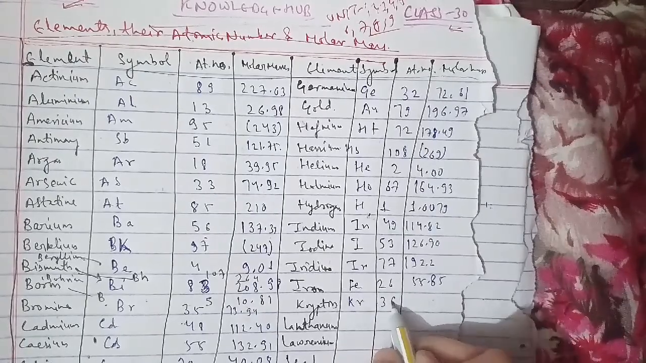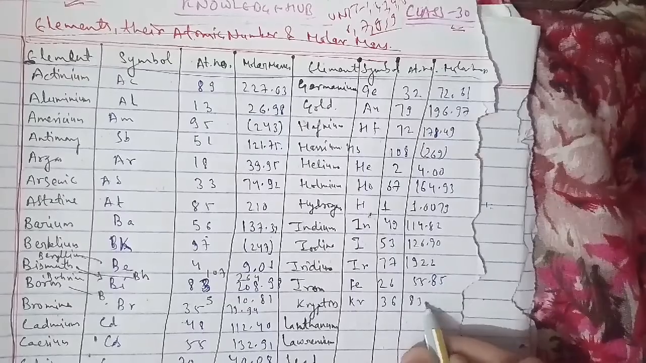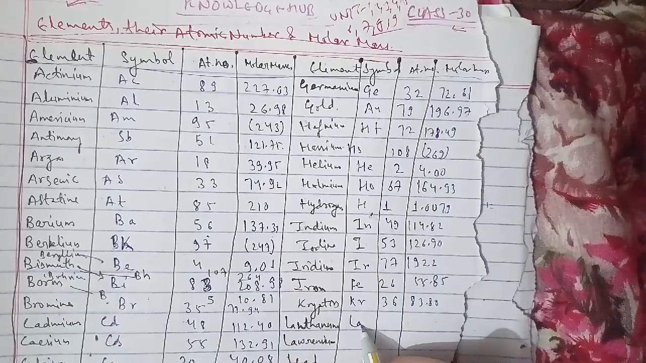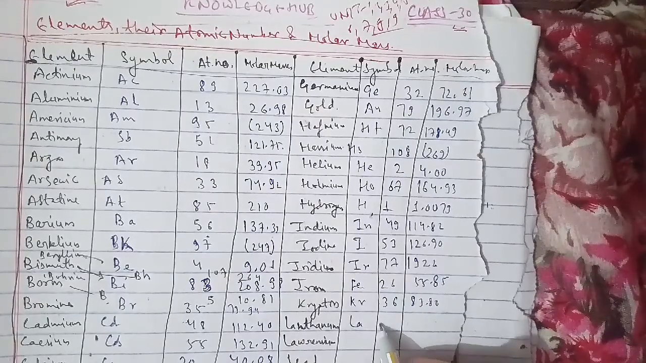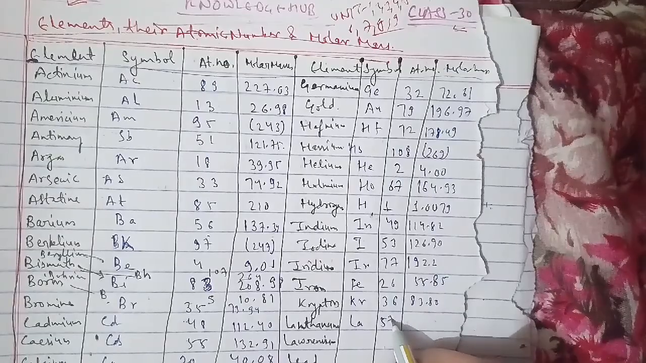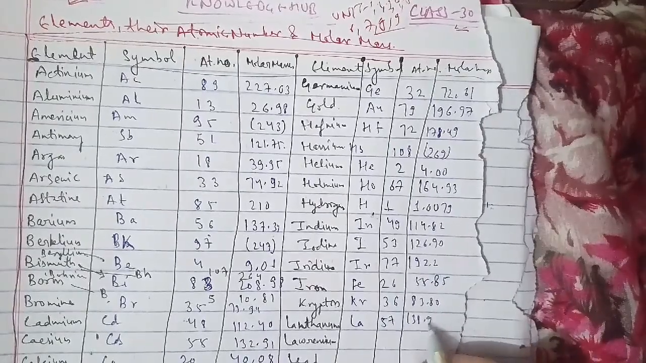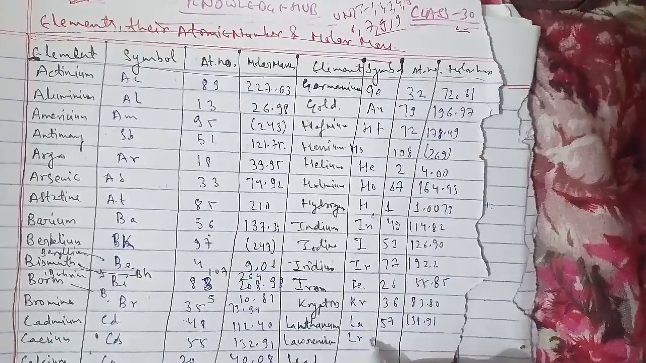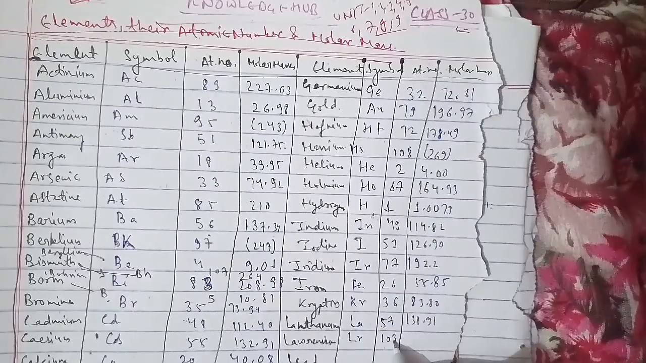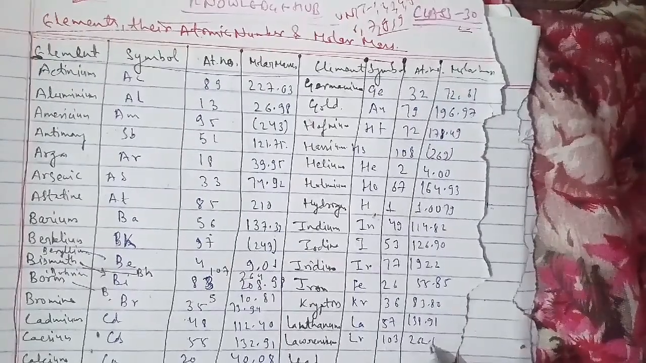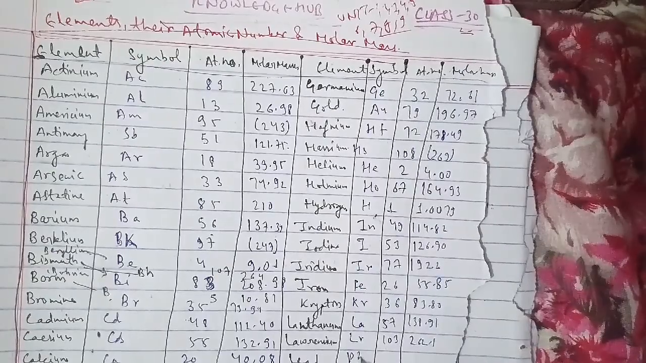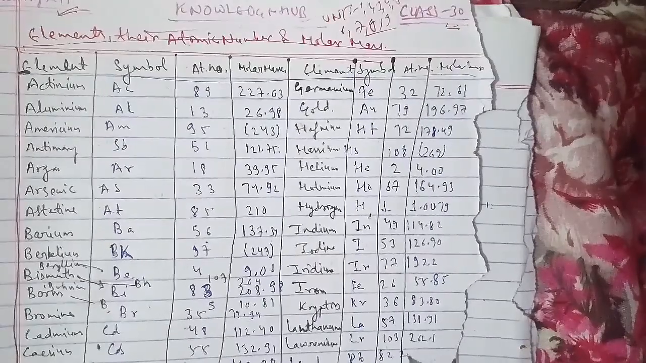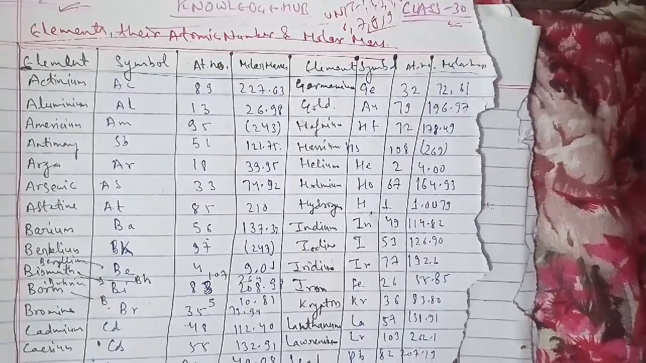For the another one, that is meitnerium, symbol is Mt, 109, this is 268. Another is mendelevium, it is your Md, 101, this is 258.10. Now we'll talk about another one, which is mercury. For mercury, the symbol is Hg, the atomic number is 80, molar mass is